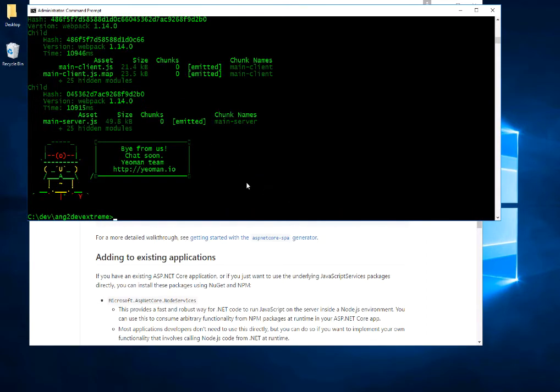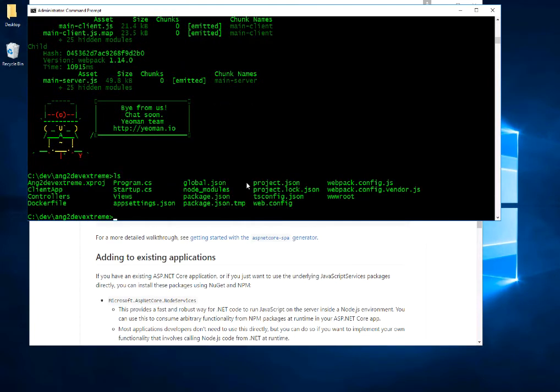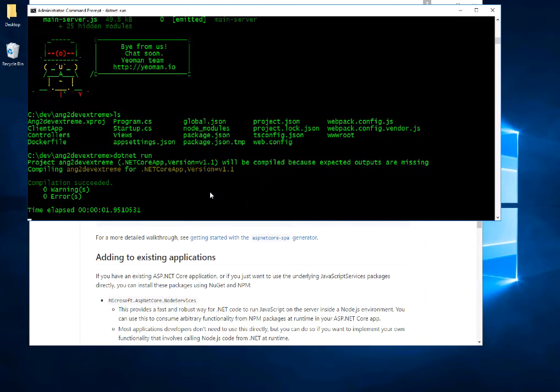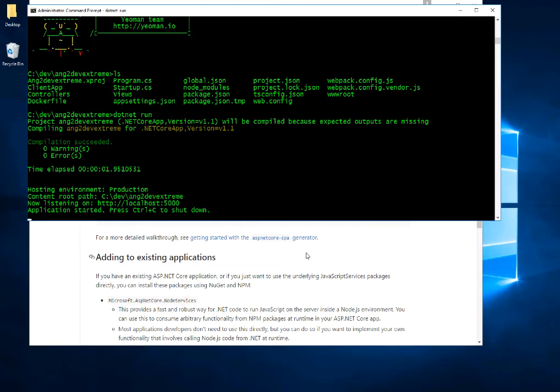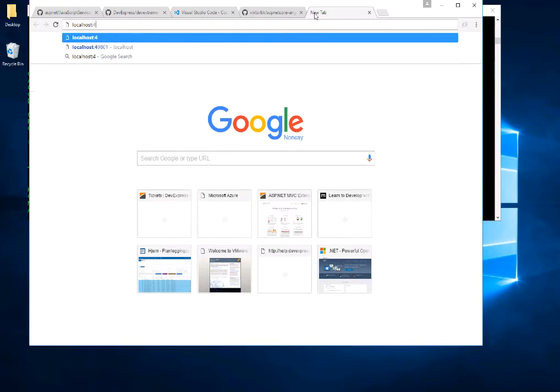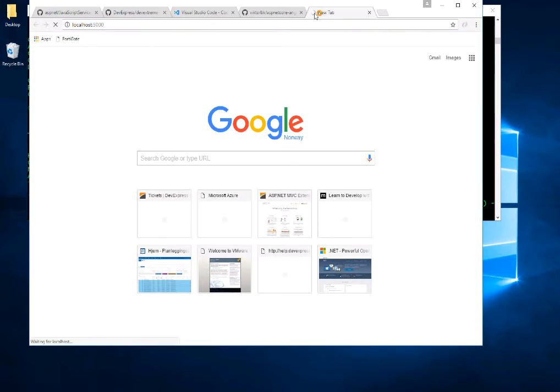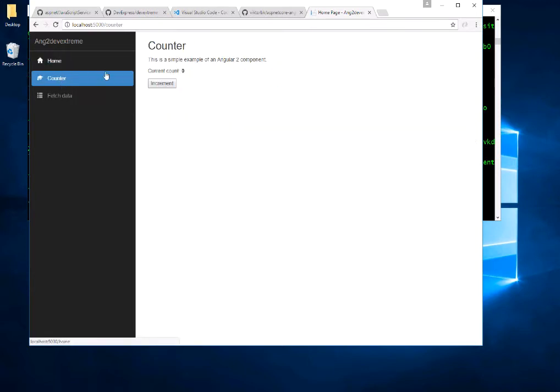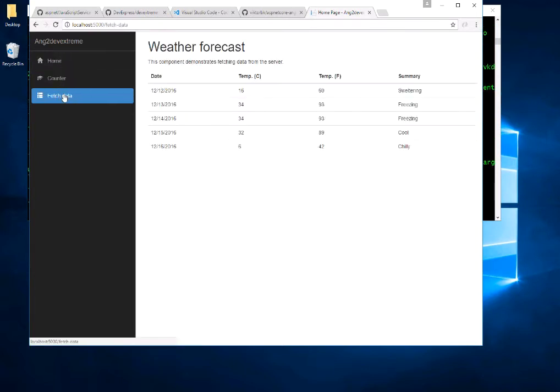After Yeoman finishes, then we are ready with our application, so we will be able to just run dotnet run, and it will start up the application on port 5000. So we'll just go here and select localhost 5000, and we will get up the default application from the template with these three components: home, counter, and fetch data, and we will use fetch data